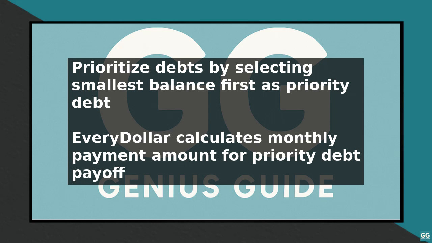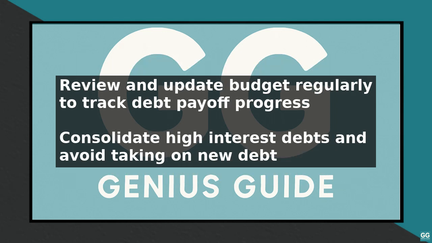You can also set a target payoff date and track your progress over time. As you pay off each debt, you will see the balance decrease and the payoff date get closer. Once you have paid off the priority debt, you can move on to the next debt on the list, using the same process. Best practices for using the debt snowball method in EveryDollar include regularly reviewing and updating your budget